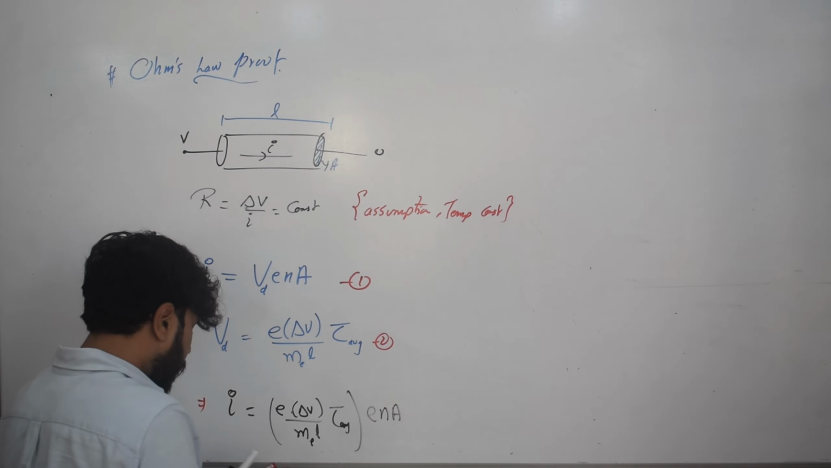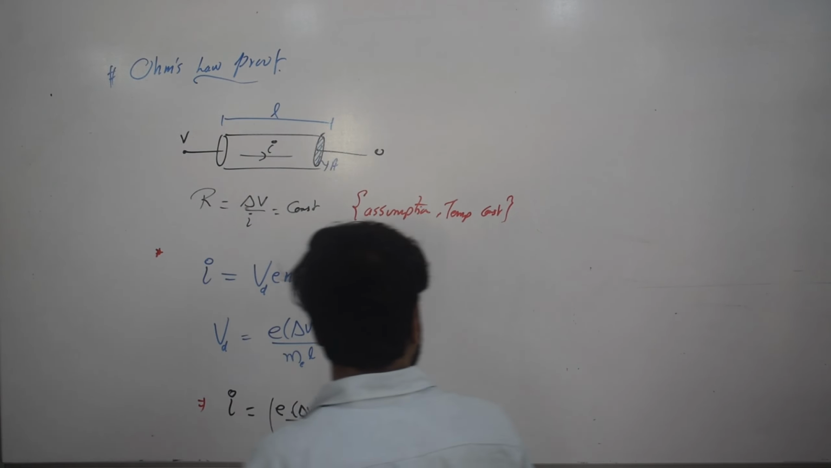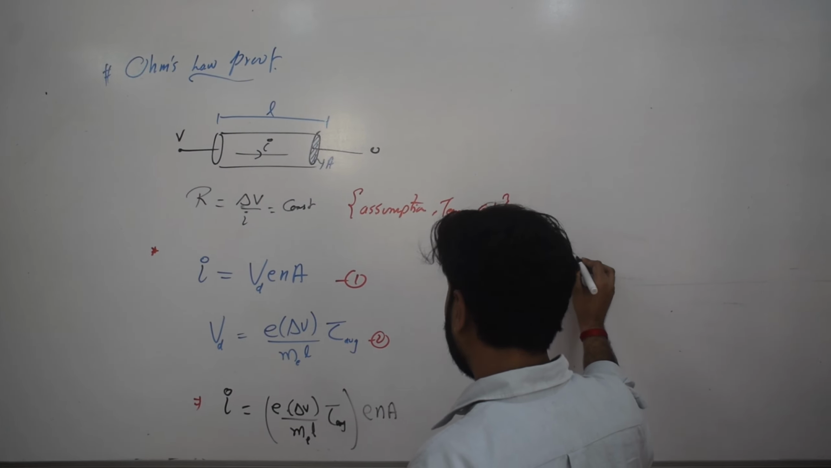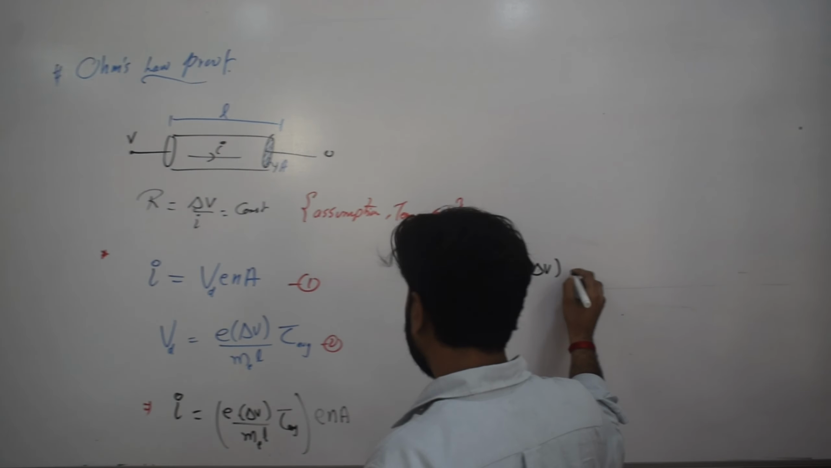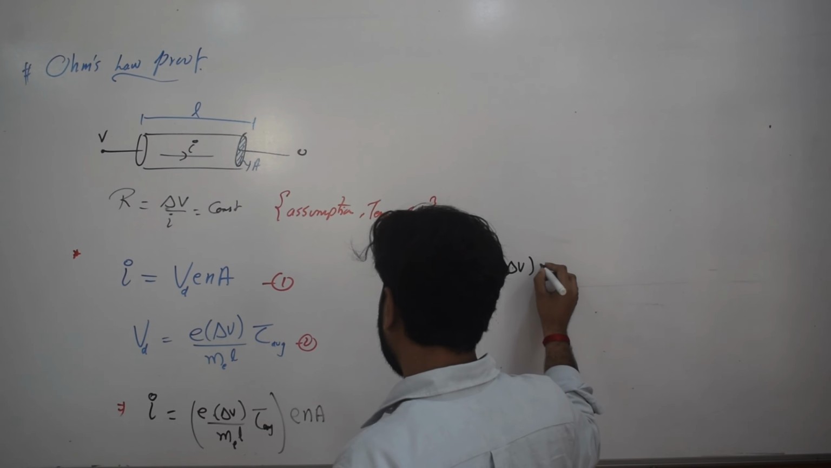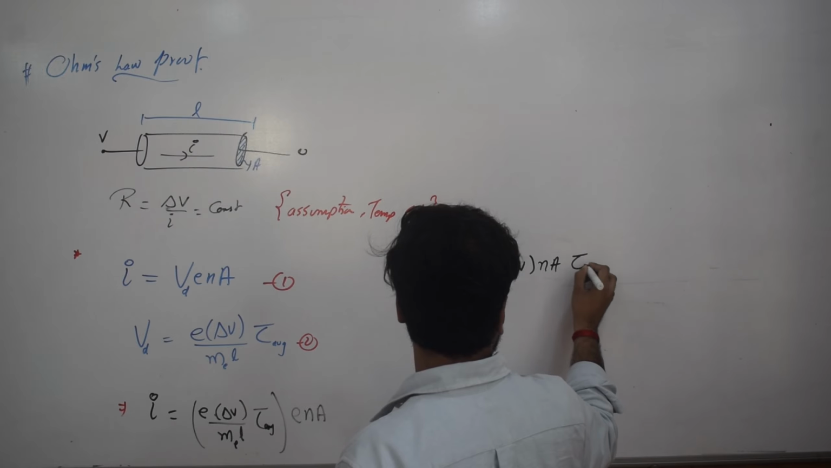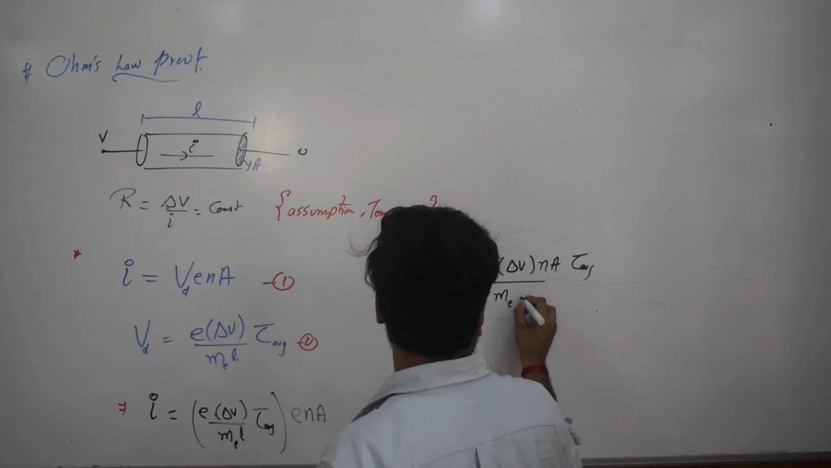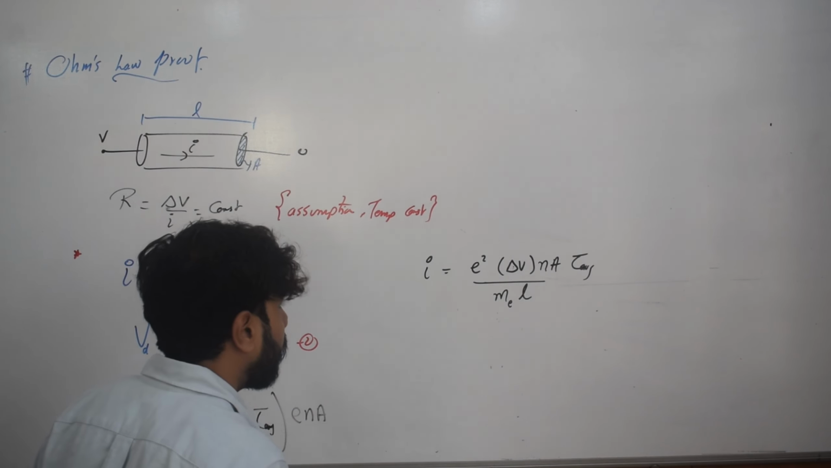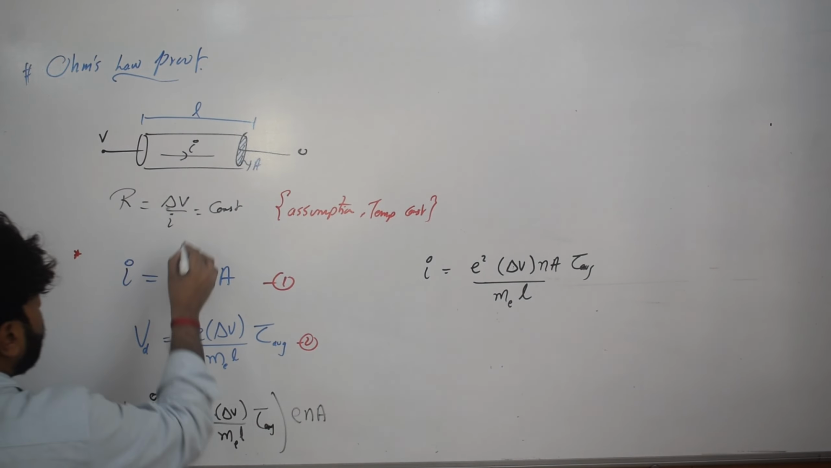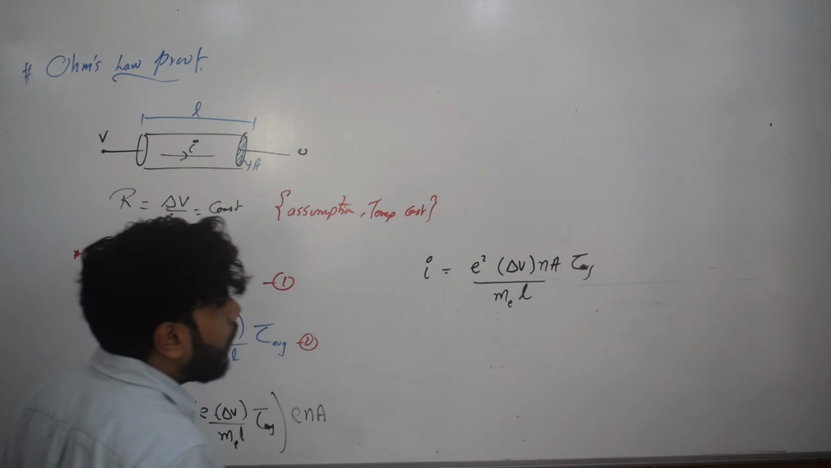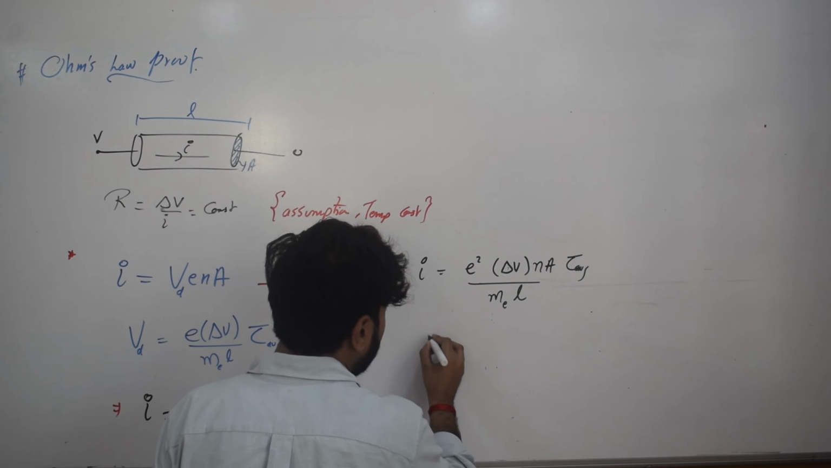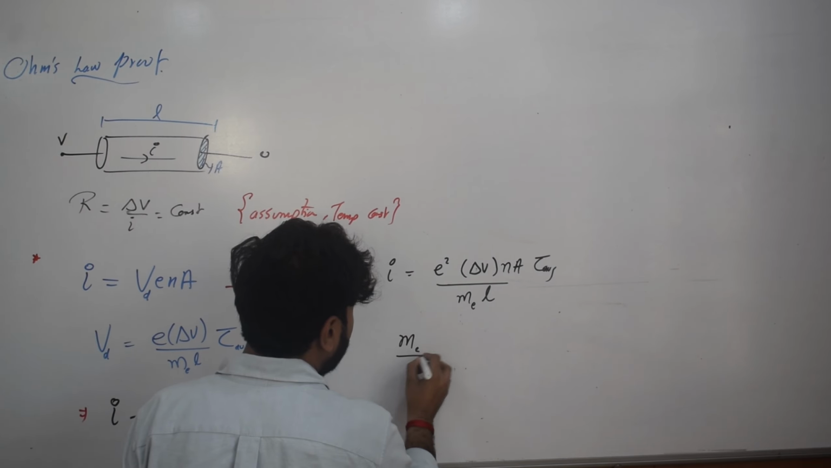If you see, after simplification you will get E square del V N A tau average for M mass of electron and length of conductor. So what we have to prove is that del V over I is constant, and we can see del V here and I here, so we can just do cross multiplication. So we will get